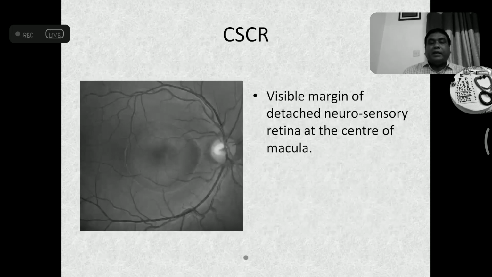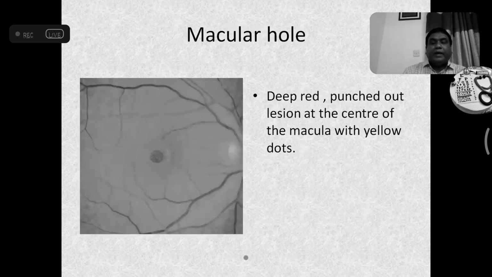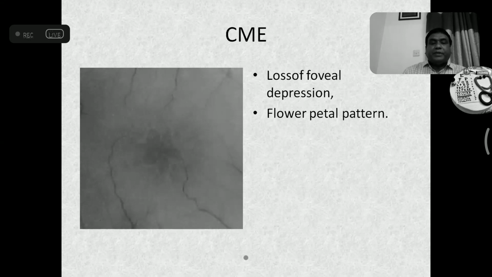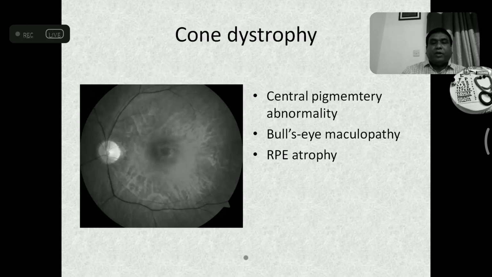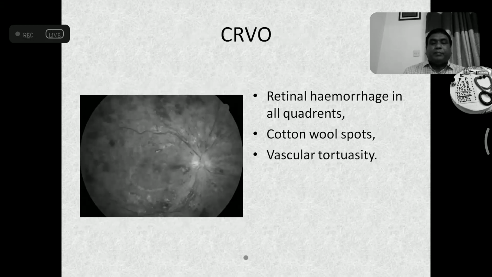And this is central serous chorioretinopathy, that is neurosensory retinal detachment in the macular area. And this is the macular hole, a deep red punched out lesion at the center of the macula. And this is the color fundus picture of cystoid macular edema. And this is the picture of vitreomacular traction. This is the picture of bone spicule dystrophy, and this is the picture of